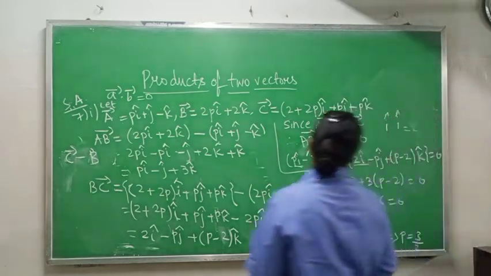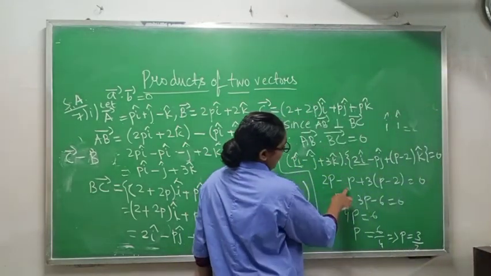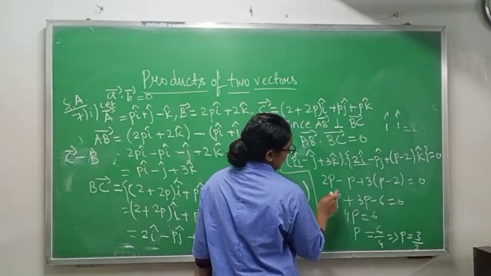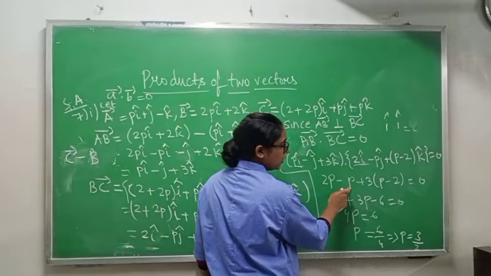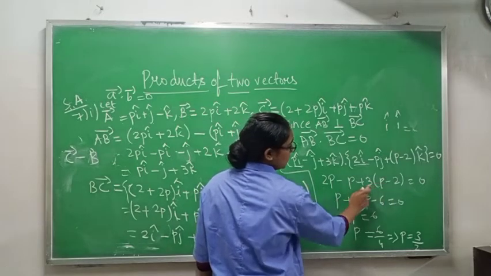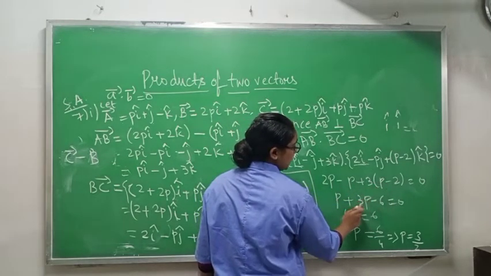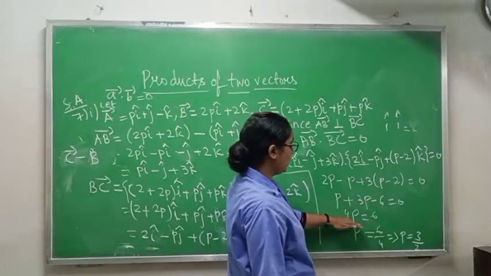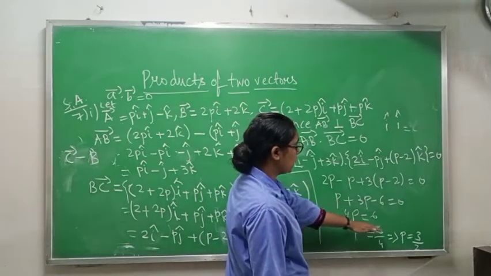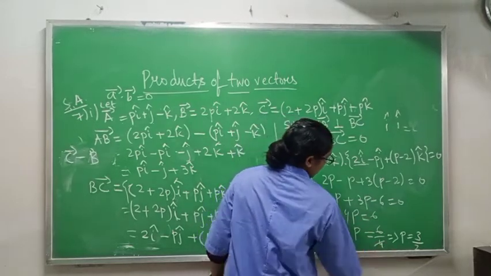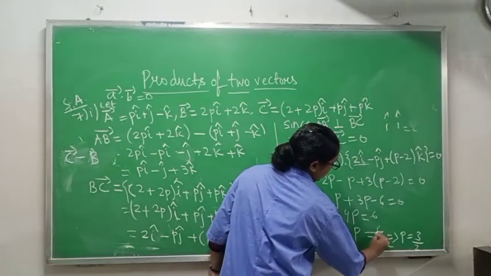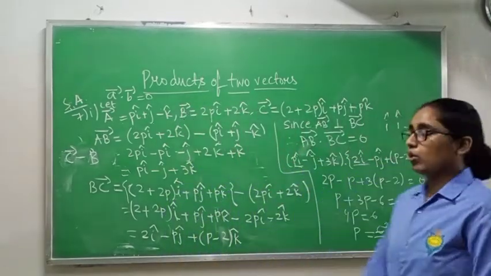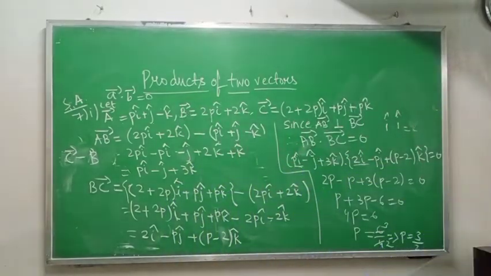Okay, now see here, 2p minus p, you can solve this one. After solving, you will get 2p minus p, how much? p only, and this 3 is multiplying, 3 into p, 3p, plus minus minus 3 into 2, 6. p plus 3p, 4p equals 6, p equals 6 by 4. Now 2 2s are 4, 2 3s are 6, means the p value you are getting is 3 by 2. Okay, complete this one.